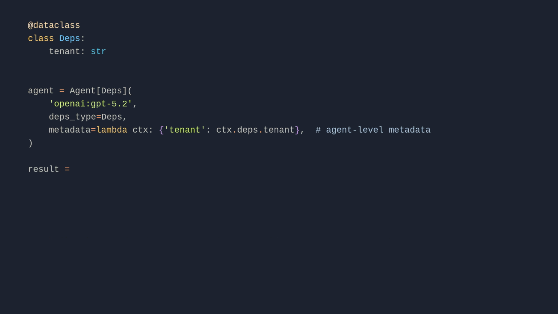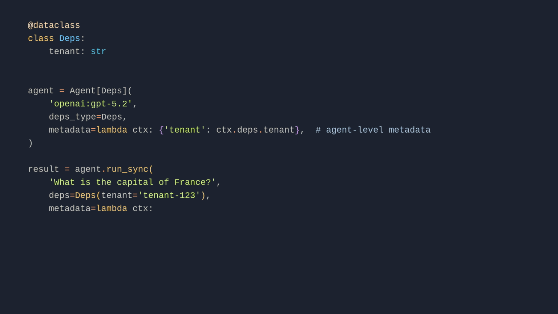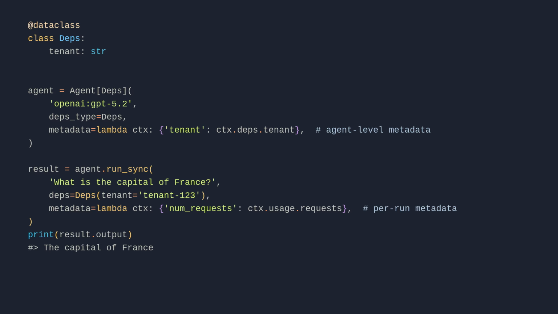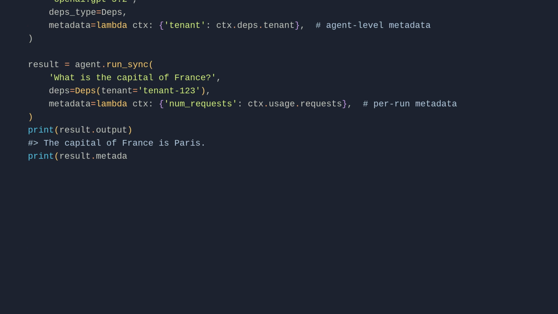result = agent.run_sync('What is the capital of France?', deps=Deps(tenant='123'), metadata=lambda ctx: {'num_requests': ctx.usage.requests}) # per-run metadata. print(result.output) # The capital of France is Paris. print(result.metadata) # {'tenant': '123', 'num_requests': 1}